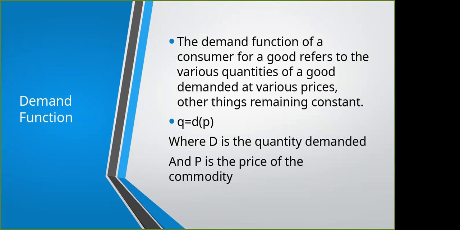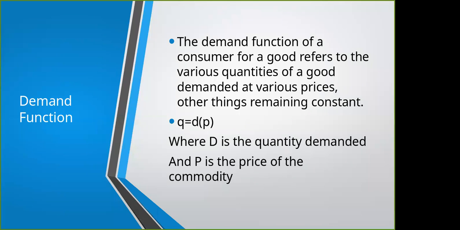For example, the demand for BD might be zero for all the HS second year students of Cotton University, but demand for KP may be positive because many people like it. So demand is affected by lots of other variables, but for the sake of simplicity in economics, we assume other things remaining constant. Say your income, your taste and preferences, your religious belief, your family income, your savings from the past, all are fixed, and demand is dependent only on the price of the commodity.